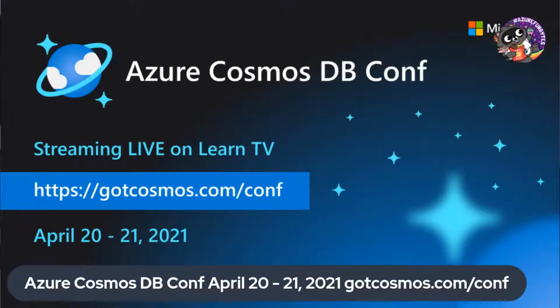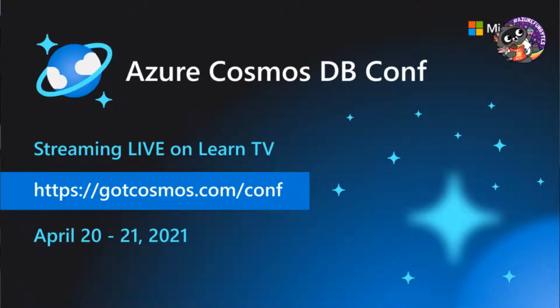So we're going to run 3-hour streams: one Americas time zone friendly, then an Asia Pacific and Australia time zone friendly, and then a Europe and Africa time zone friendly. So 3 different streams over that 24-hour period. And I want to have people local to those areas talk about Cosmos and share, and make it more of a community effort, if you will. That's coming up in April, we're super excited. I'm busy getting all the planning done, and partnering up with the Learn TV folks as well, who are helping us through this.